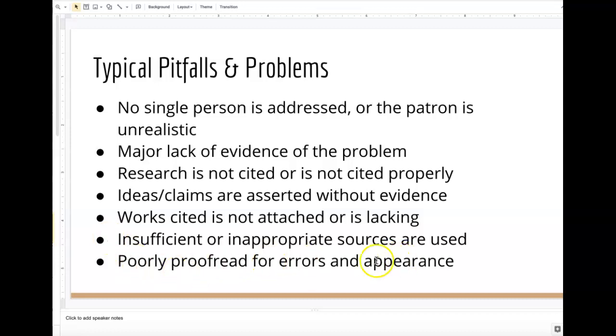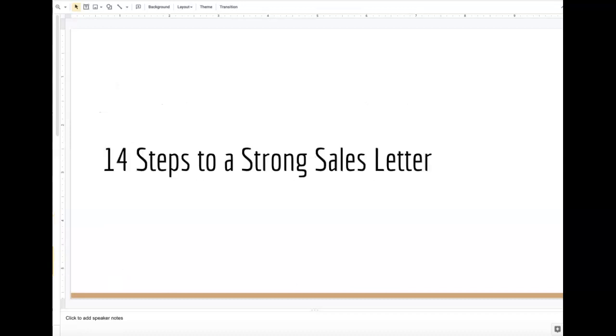And then a lot of times I'll see just a ton of errors throughout. So please make sure you're looking for those. So for the rest of the presentation, I'm actually going to let you look through it on your own. I'll just very briefly go over what it is, but in the textbook, there is a section in chapter 5,